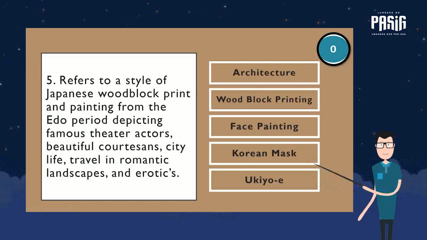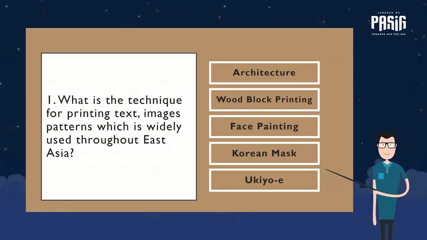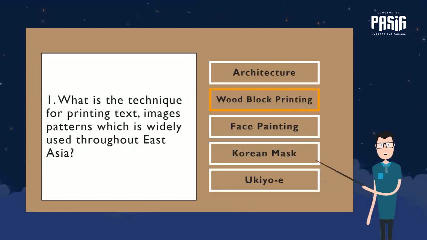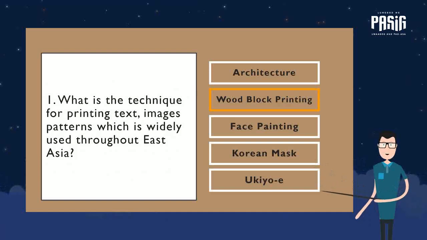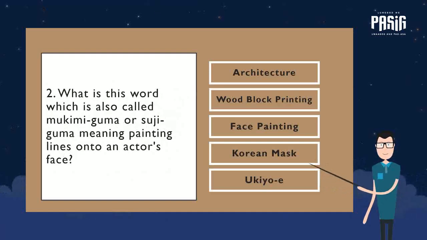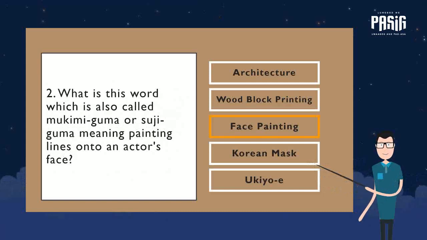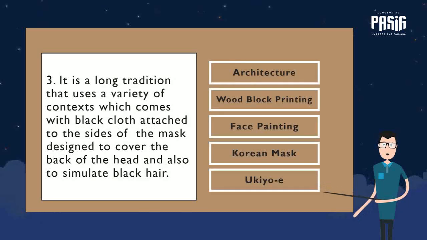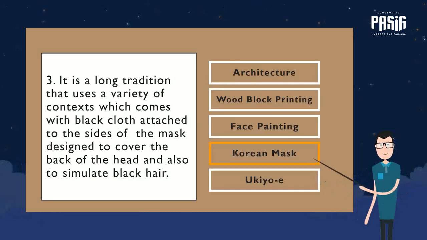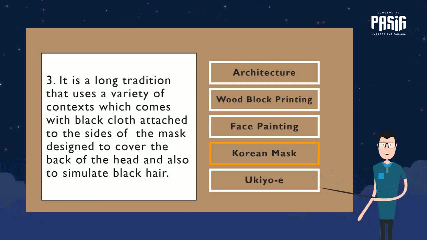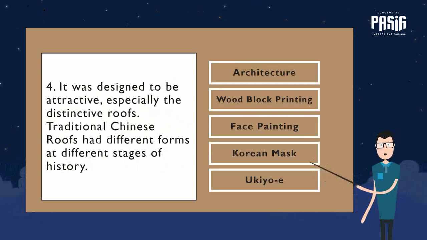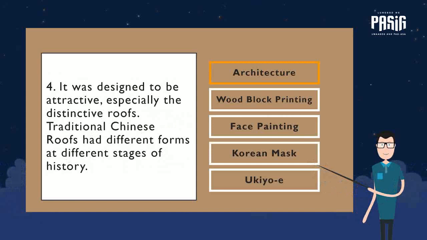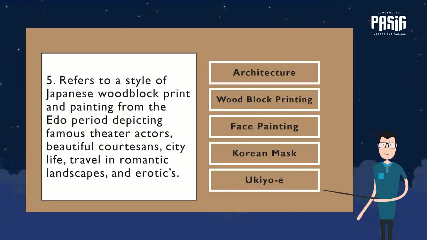Time is up. Now let's check your answer. Let's have number 1. The answer is, that is woodblock printing. Let's have number 2. The correct answer is face painting. Let's have number 3. The correct answer is, that is Korean mask. Number 4, the answer is architecture. And our last item, number 5, the answer is